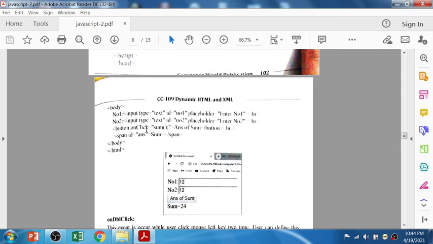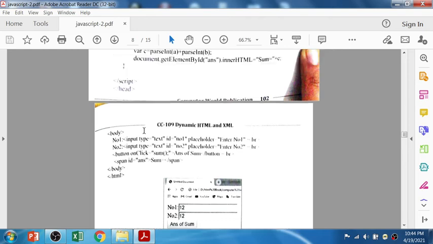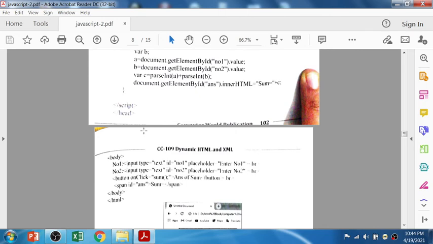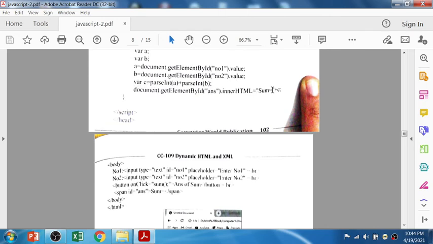So on click you want to call your function, right? And the answer of the sum will be displayed. Close the button tag, the br tag, then the span tag with id answer, right? So on that id area, what will be displayed? The result of the sum, right?